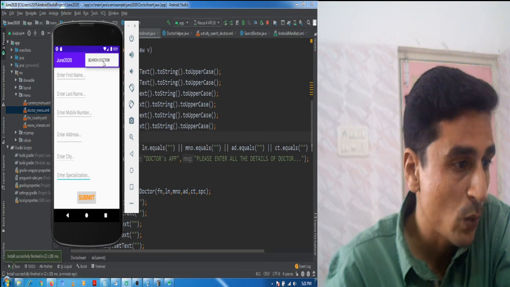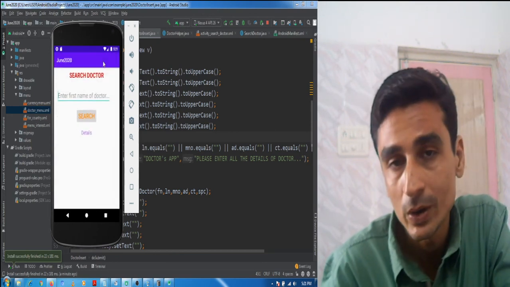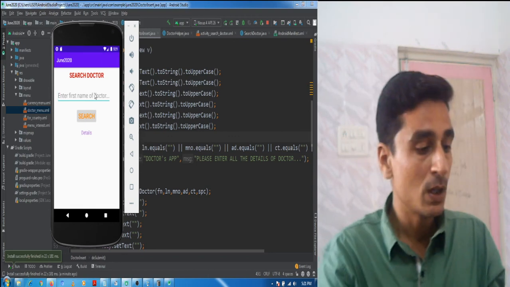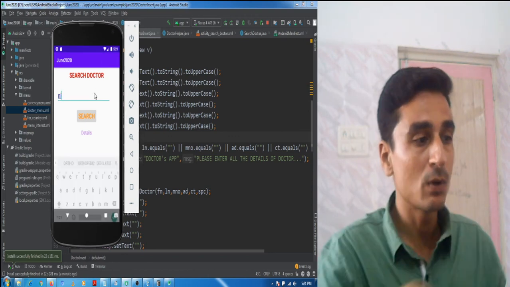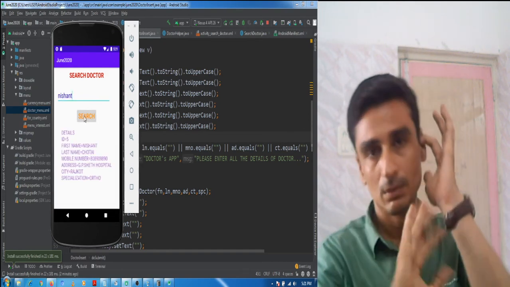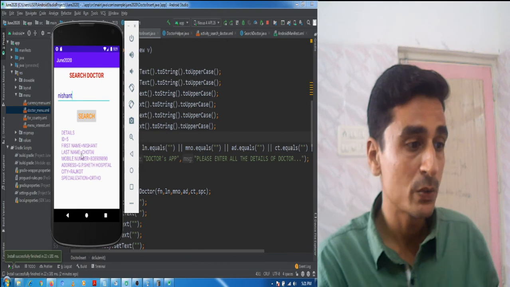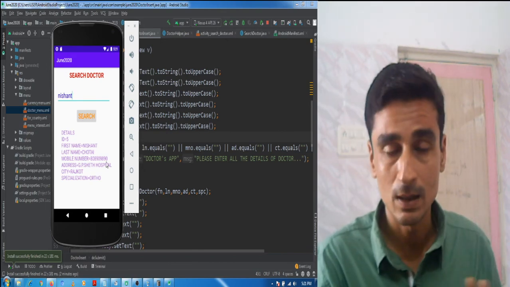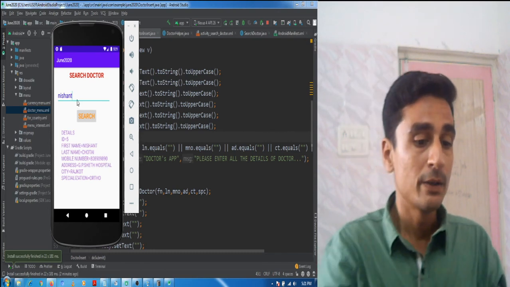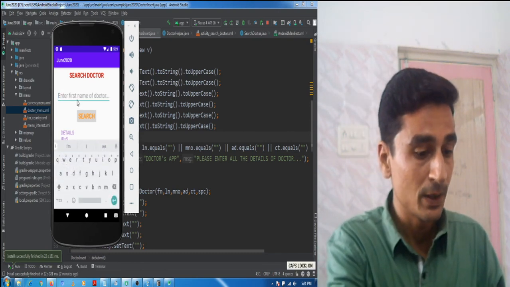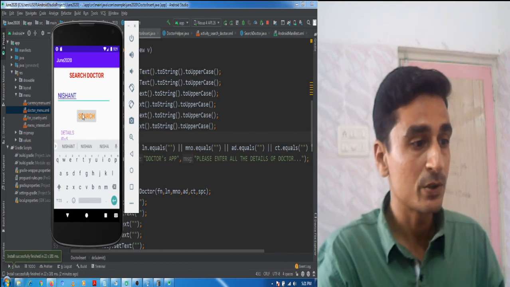If you remember, we have entered the name Nishant as proper case, N capital and the remaining letters small. Now suppose I am entering nishant in small and search. Details are appearing because all things are stored in capital. If I enter everything as capital, then also it will search.